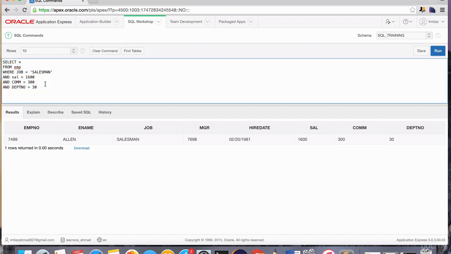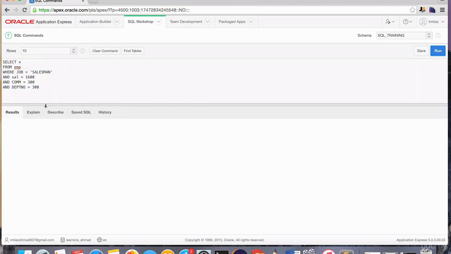Now, one important thing I want to point out is, let's say department number, we expect it to be 30 for this record. If I change this to 300, it's not going to return any data. Select the whole thing and hit run, and notice that it's saying no data found. Now, this is different than a syntax error. This is a perfectly valid query. It's a correctly parsable query, right? The query interpreter understands exactly what we are looking for, right? This query is 100% accurate. It's just that the conditions that we are providing do not return data because that data does not exist in